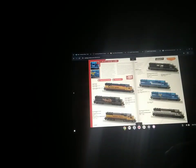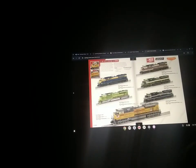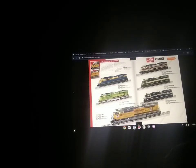Diesels, they have the SD50s, they have the Chessie System, Rio Grande, Missouri Pacific, Norfolk Southern, Conrail, and Reading and Northern. Here are some SD70 ACes. They have the Norfolk Southern, New Jersey Central, Union Pacific,